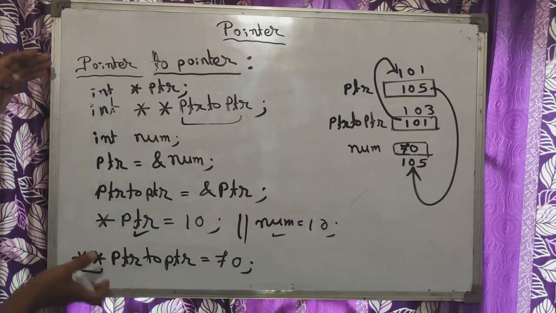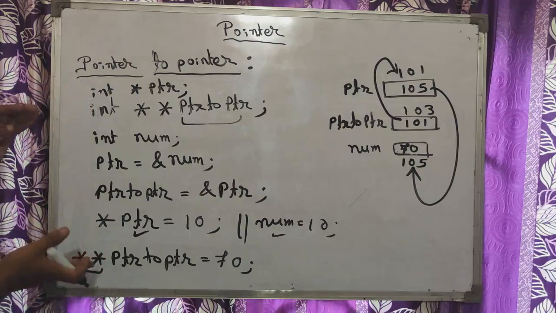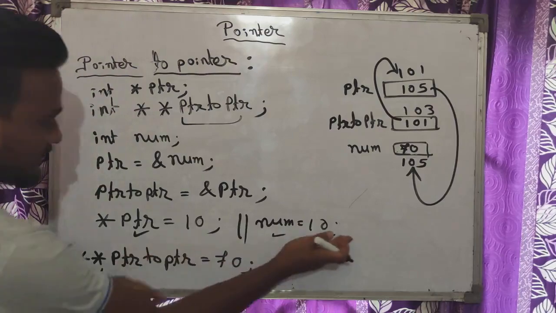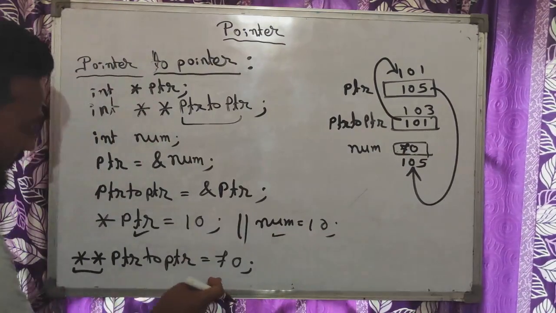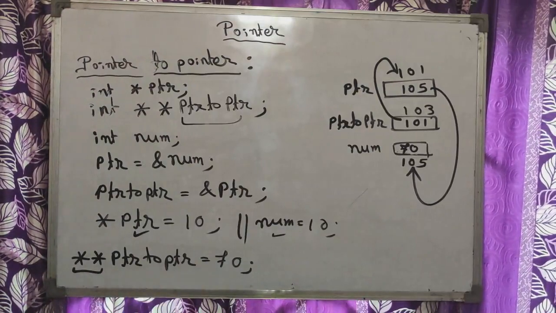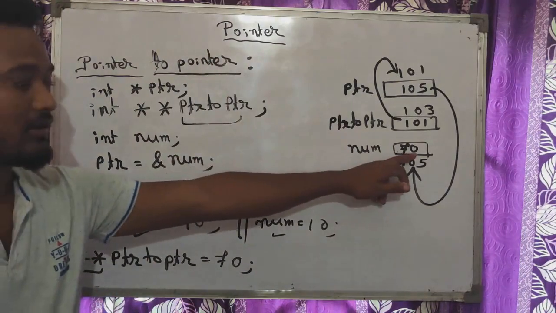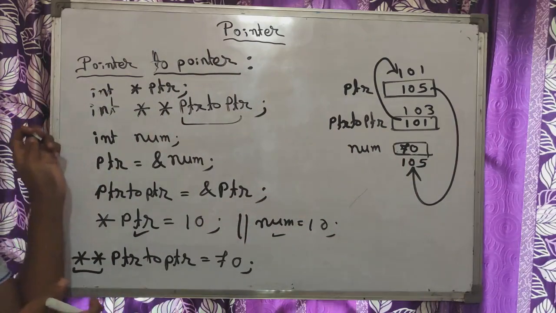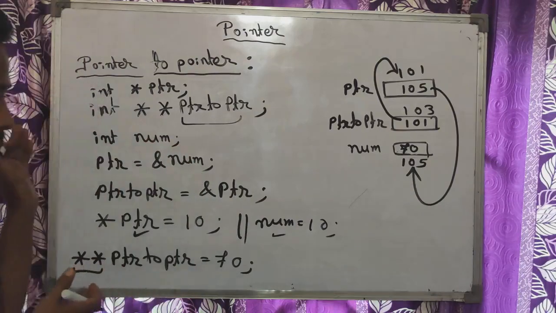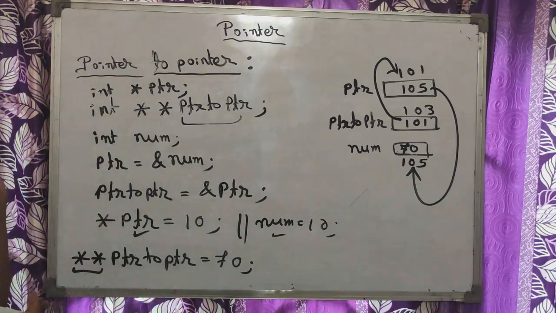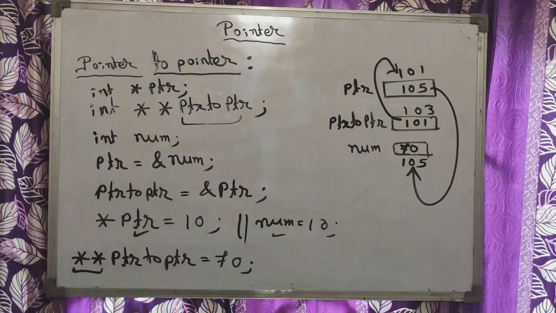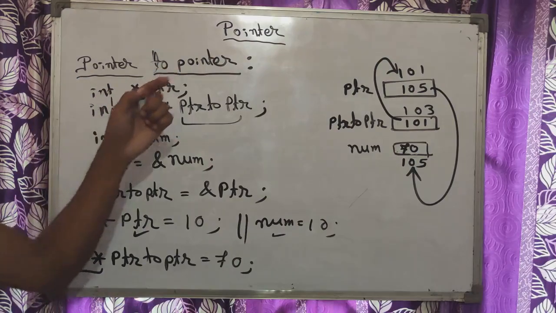Now if you put this statement inside the main function and run it, you will get the value 70 this time. Till here you will get the value 10, and when you execute this statement you will get the value 70. Now the whole value will be changed and only 70 will be there. Those who have Code::Blocks on your laptop, you can try it out and check it. Like I said, very shortly I am going to provide the practical sessions of these classes. So this is how pointer to pointer works.